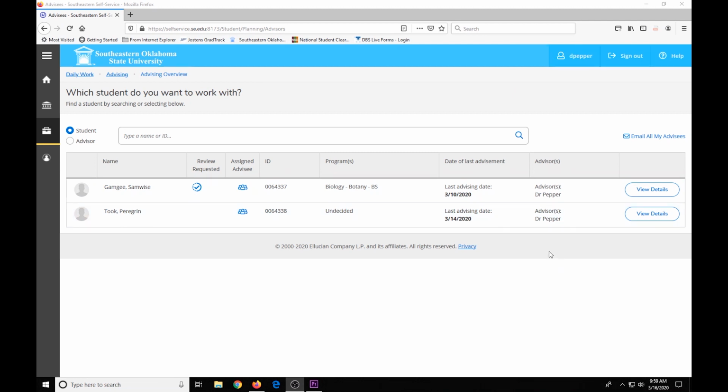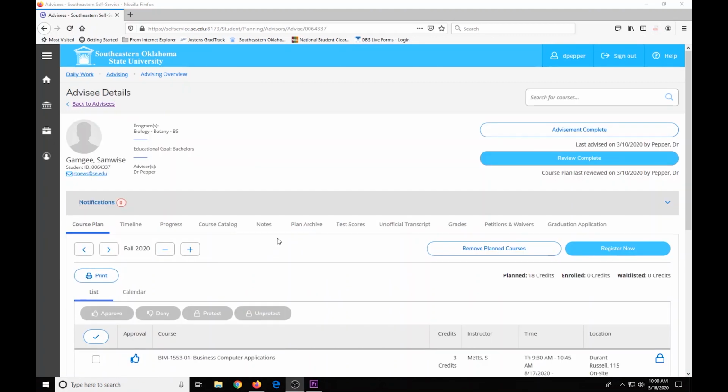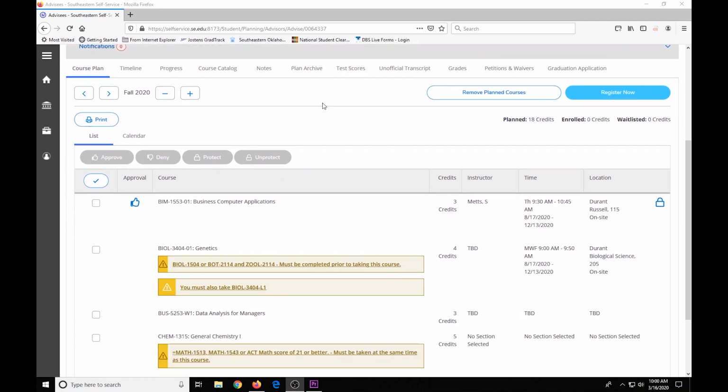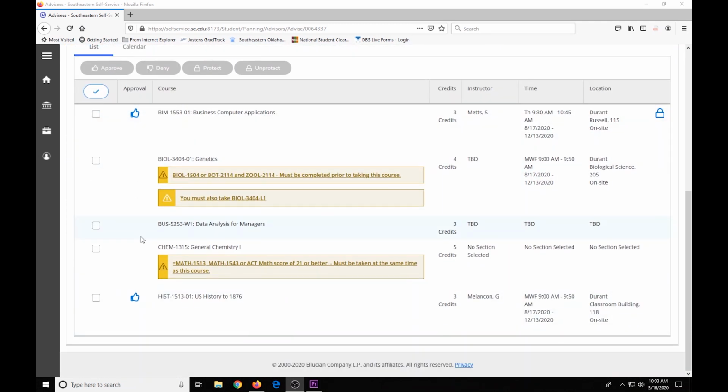To review a plan that a student has submitted to you, you will go to View Details beside the selected student. Once their information pops up, you can see what they have selected for fall 2020 below here. You can easily approve or deny the courses that the student selects by checking the box beside each course and either clicking Approve or Deny. If the student needs to take that course for fall 2020, you can select Protect so that it stays on